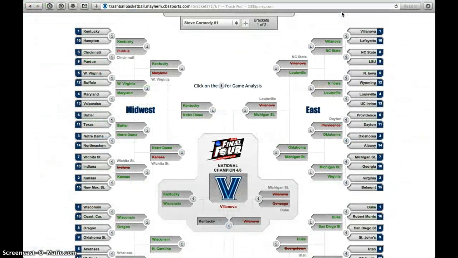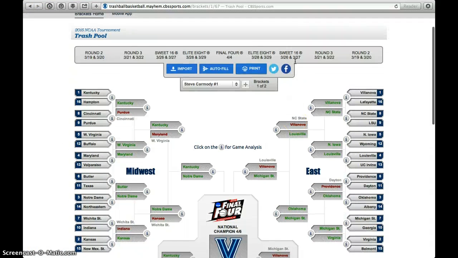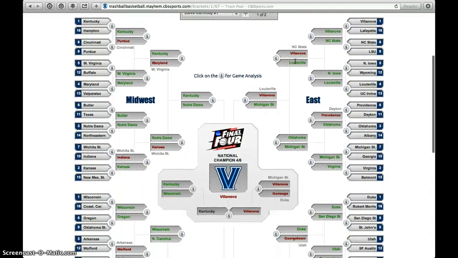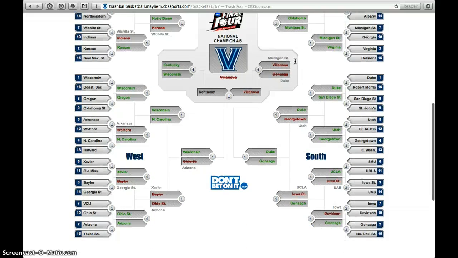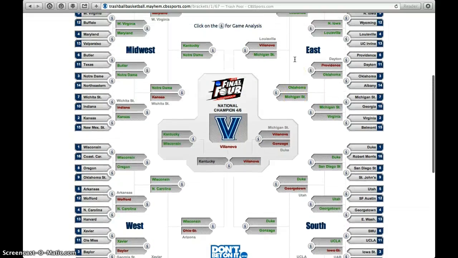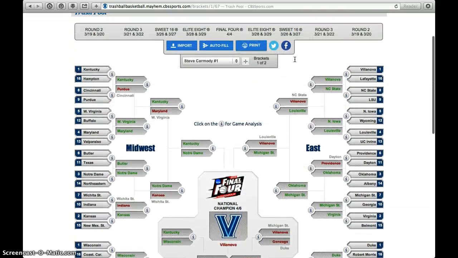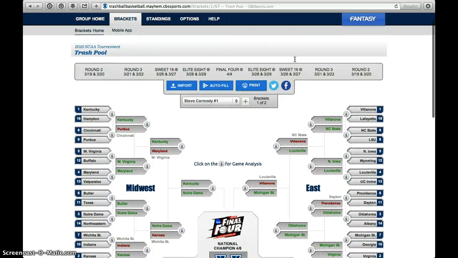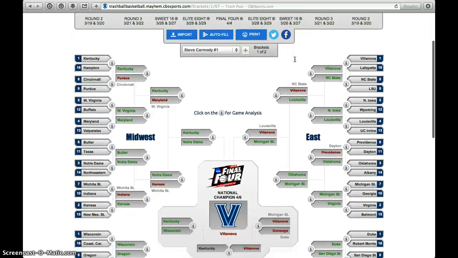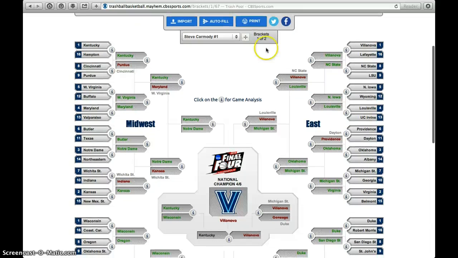Okay, in this screencast we are going to look at my picks, or my predictions, for the tournament and see how well I did, and hopefully we'll be able to understand a little bit more how the tournament is set up. Okay, so here you can see this is what is called my brackets. Each one of these is what's considered a bracket or a game, and within each game I've predicted a winner.